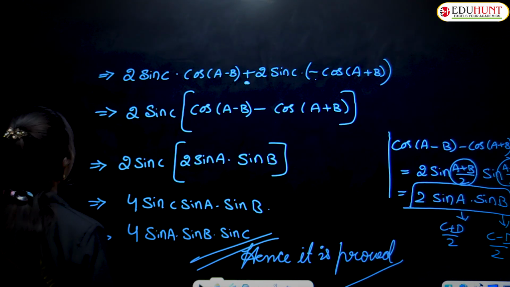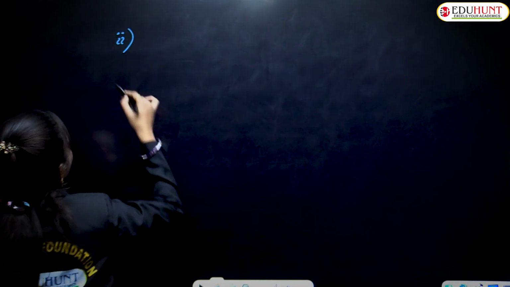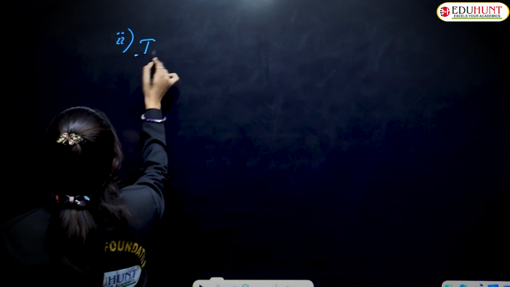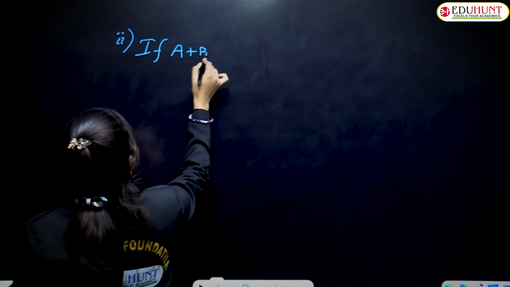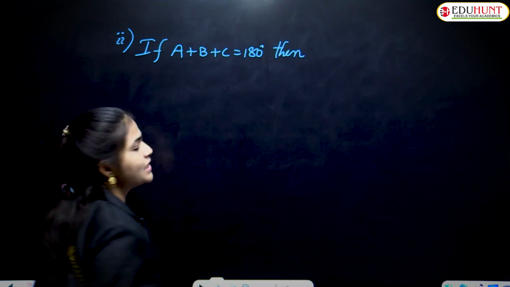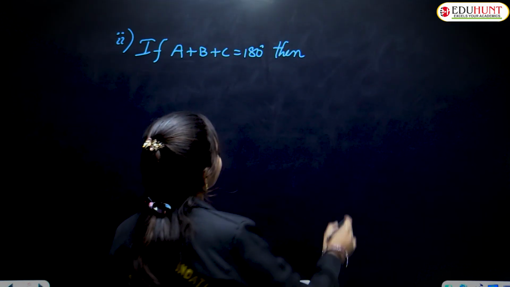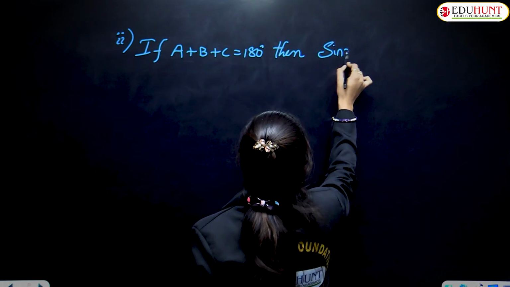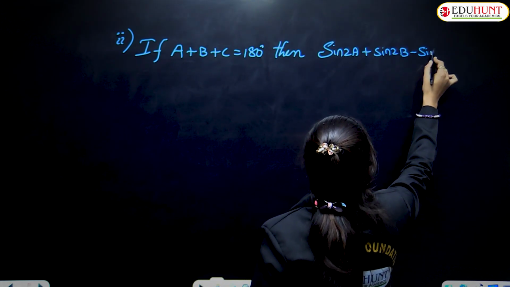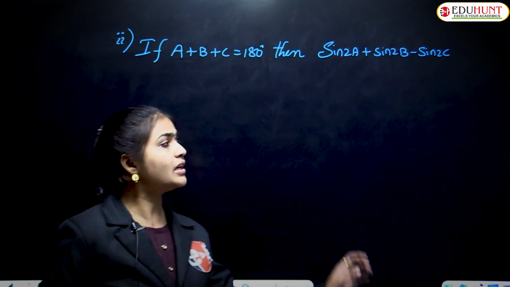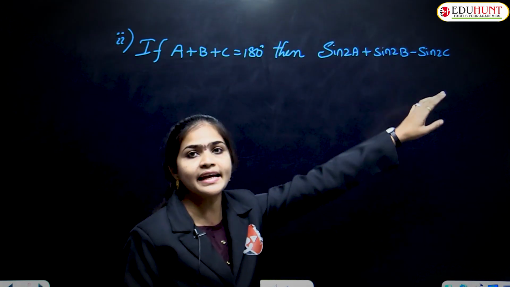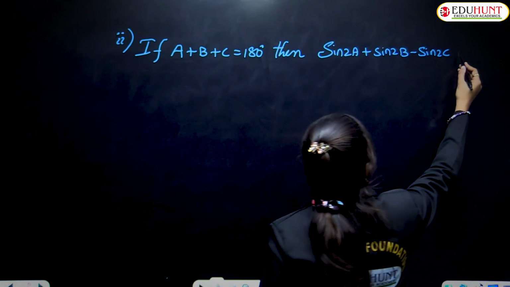See here. So the second proof we will see here. So here also the condition is if a plus b plus c is equal to 180 degrees, then A plus B plus C is equal to 180 degrees. Then sine 2A plus sine 2B minus sine 2C. So children, here previously we had sine 2A plus sine 2B plus sine 2C. Okay, but here minus sine 2C. Okay, so the formula will be changed as